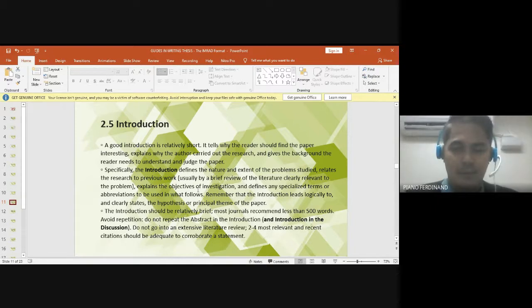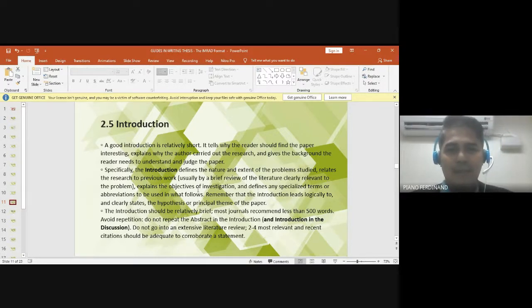Kasama na po yung introduction. Okay? Usually an introduction in a full paper, yung may chapters 1 to 5 na research, usually consumes about 2 pages to 3 pages siguro. Pero sa IMRAD format po natin, halos 3/4 lang ng page, or siguro 1 page will be I guess enough. Okay, sapat na siguro yung 1 page para i-cover yung introduction,